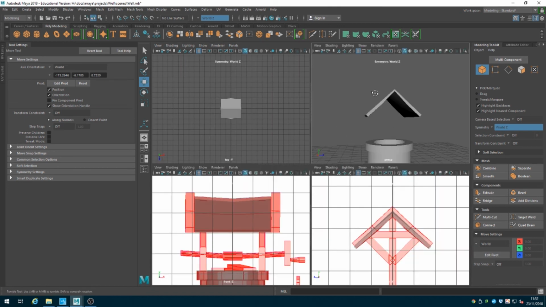This will be a good place to leave off, and we'll carry on working on the frame and adding more